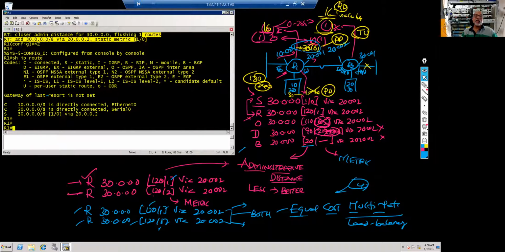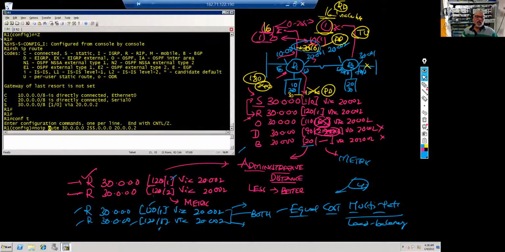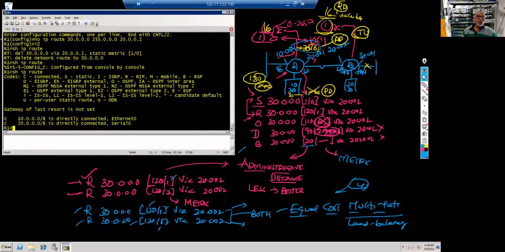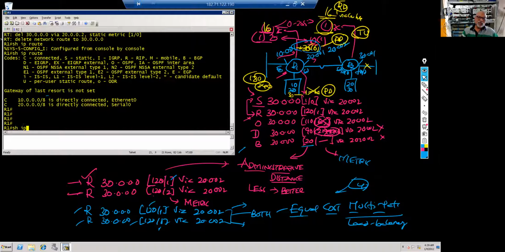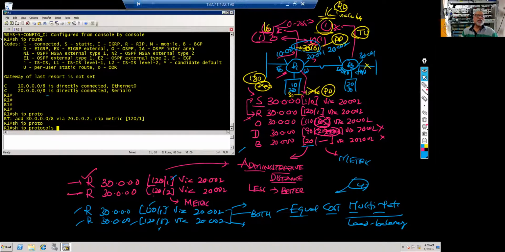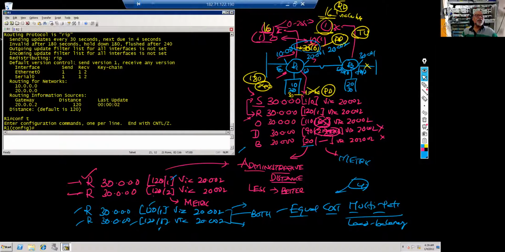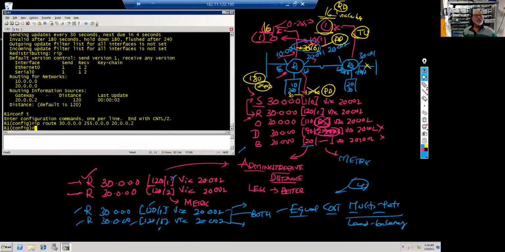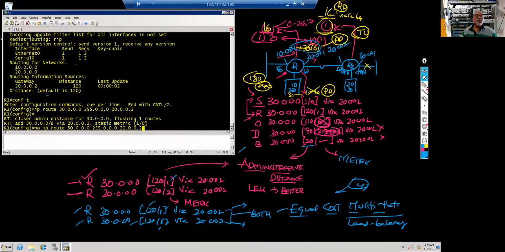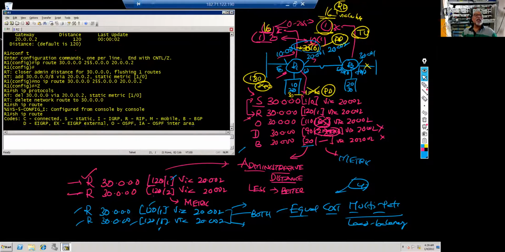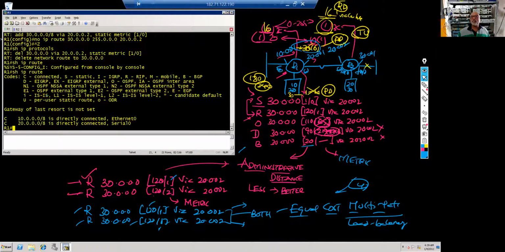Right? That's the order of precedence. If I remove this static route, RIP will come. I say show IP route. See, RIP did not come immediately. I say show IP protocols. See, RIP came now. Because RIP comes when the time comes. That is one interesting thing you need to know. In an interview, it will be useful. If I have a static route, right, RIP will go. If I have no static route, RIP is supposed to come. But it comes every 30 seconds.